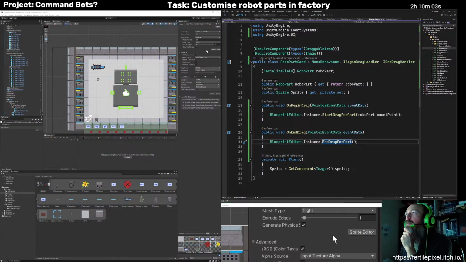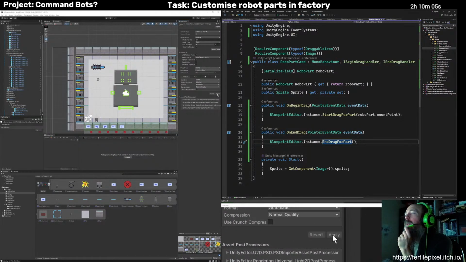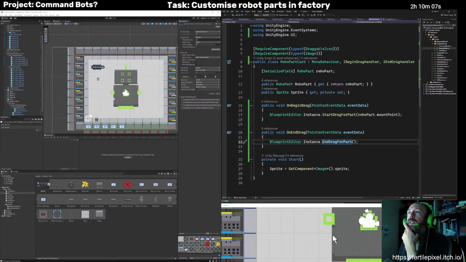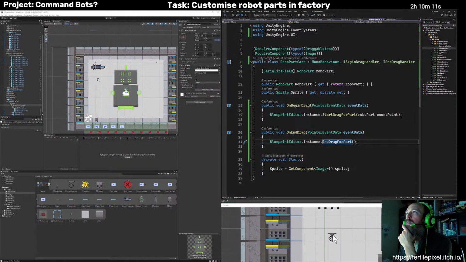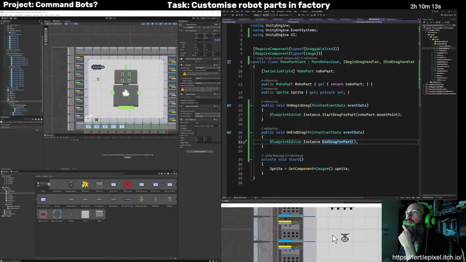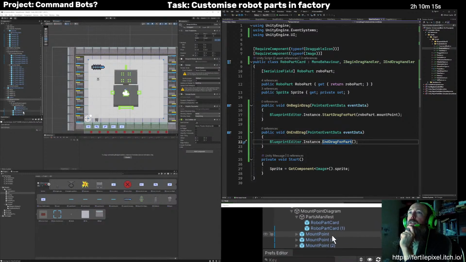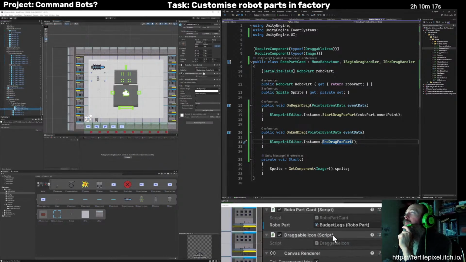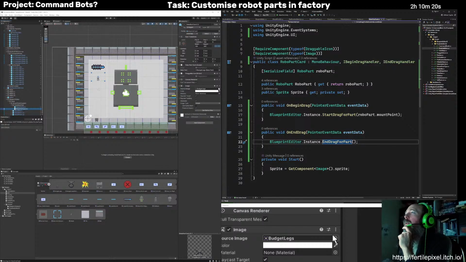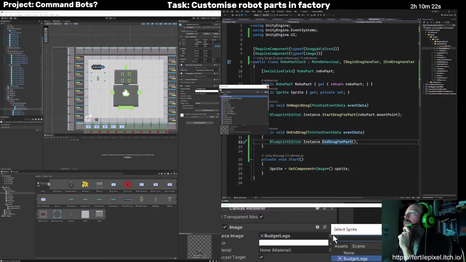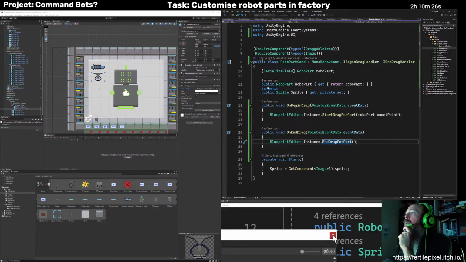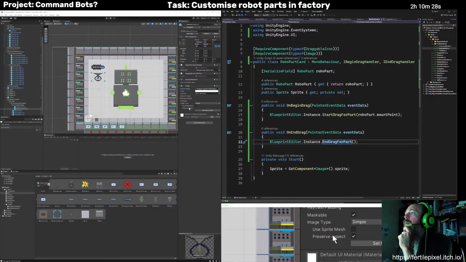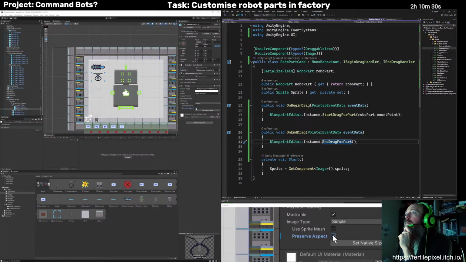Now, I was just trying to do something. Okay. For some reason, I don't get an apply button, but that's okay, as long as I actually get a sprite to select. So I want to be here. No, don't get that. Okay, let me just click on this. Okay, and I'm choosing budget legs shrink wrapped instead. Yes, that's much better. And we're on preserve aspect. Yep, good.